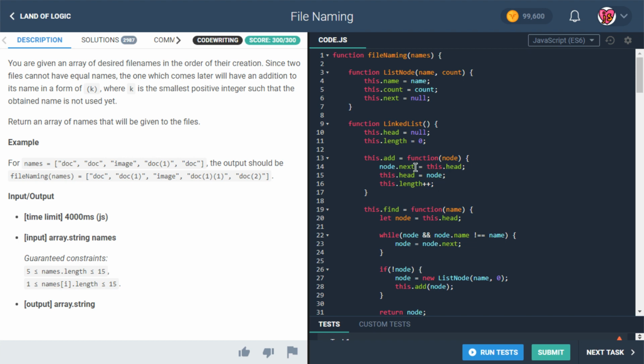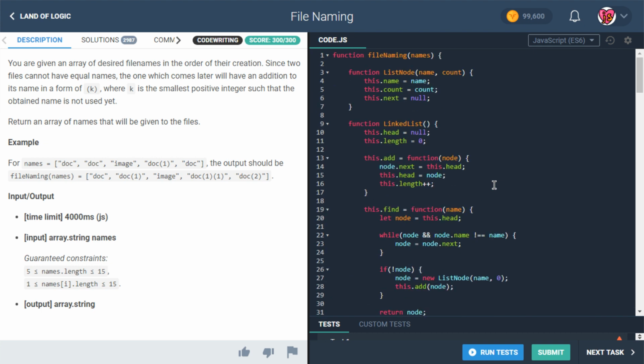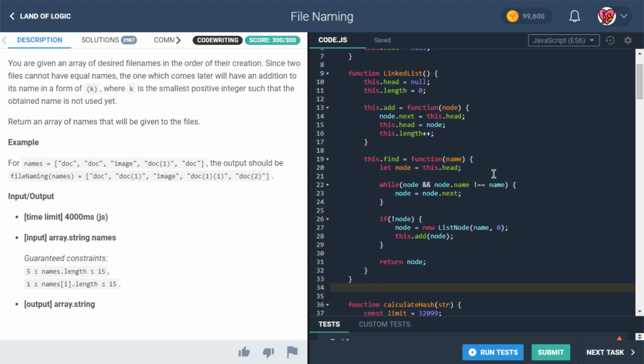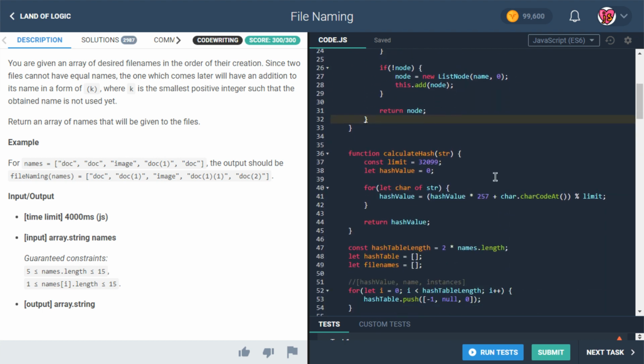If we want to modify list node or linked list, well, those are our objects, man. We made these. Okay, so we're not going to modify them for now anyway. I think they're working just fine. This thing is going to find the node we're looking for, and because of that, I'm inclined to make a